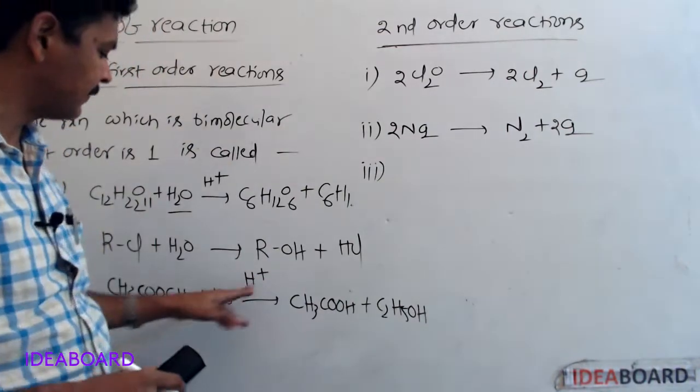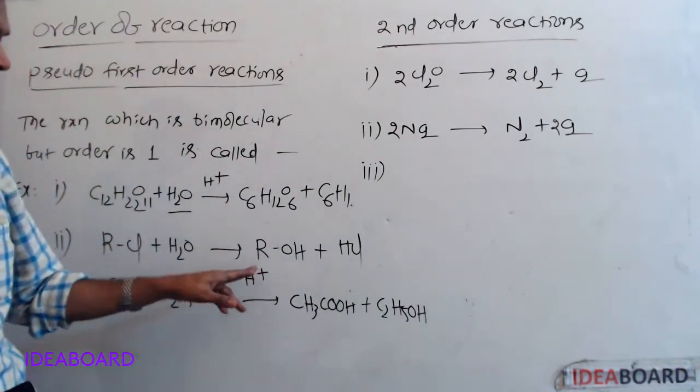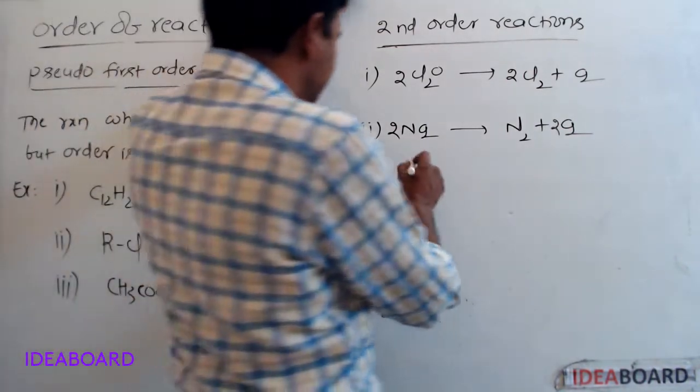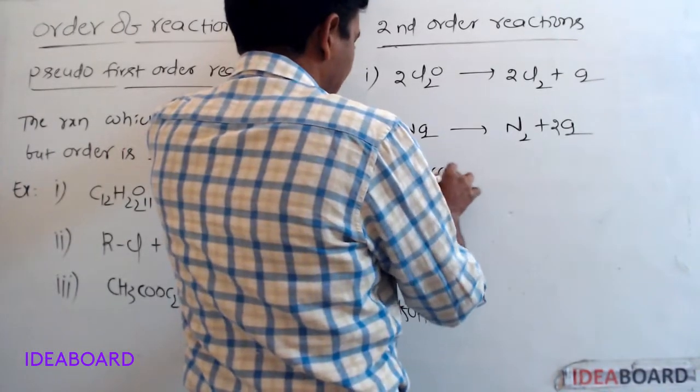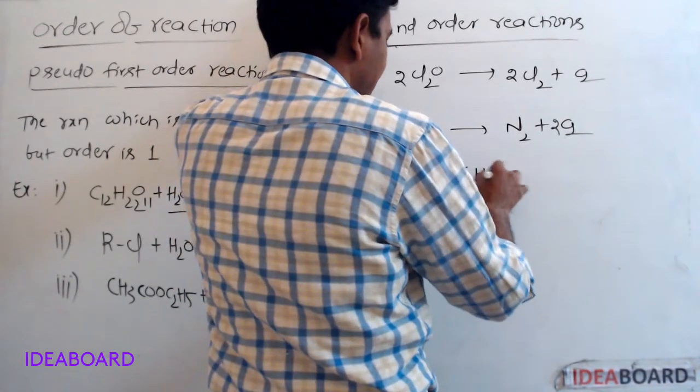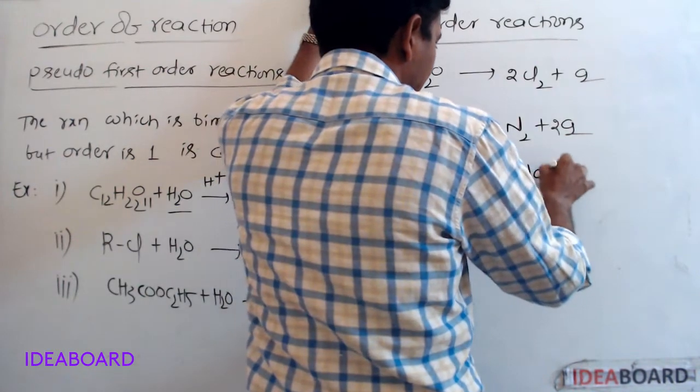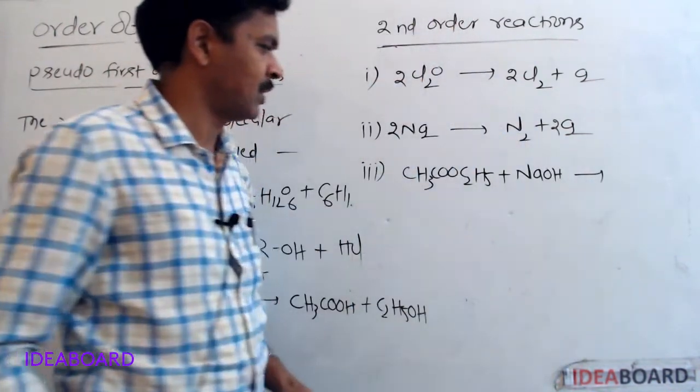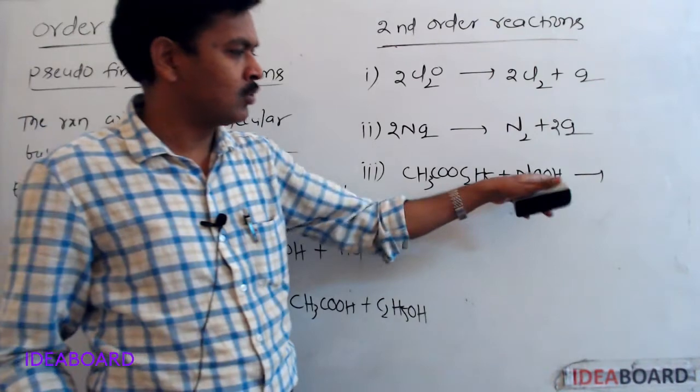This is also hydrolysis of ester, but this is in the presence of acids. But hydrolysis of ester, CH3COOC2H5 plus NaOH gives rise to, this is ester plus sodium hydroxide,